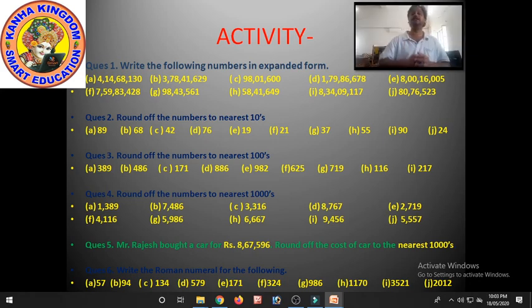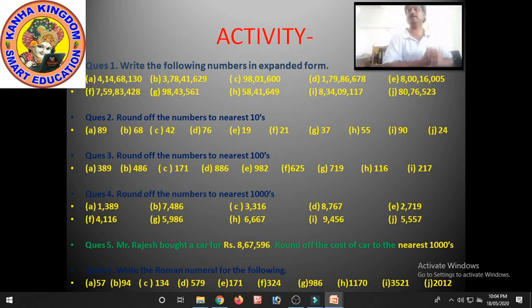And last but not least, that is the Roman numerals. You have to solve all the Roman numerals that I already described in this class. So again, here are 10 subparts. Now I explain only two numbers. The first one is 324, that is the F subpart of question number 6. 324. First, what do you have to do? You just expand this number.